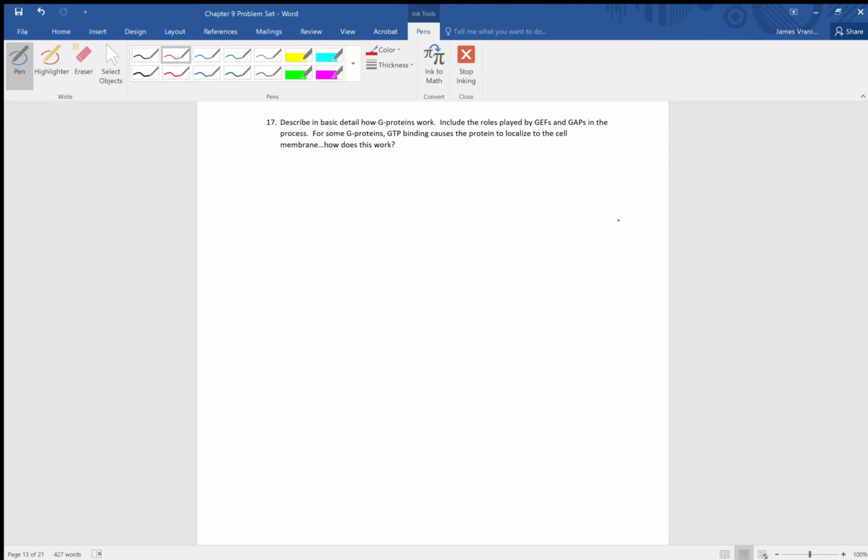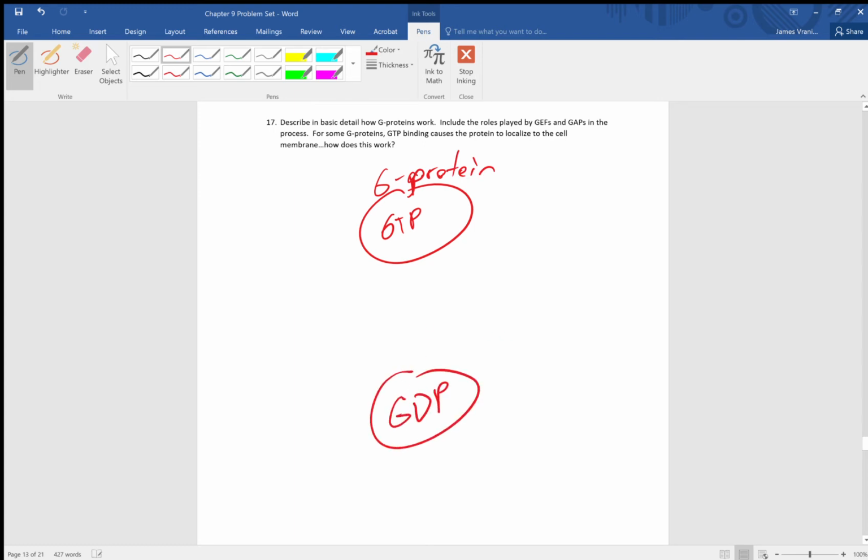G proteins basically have two states. They have a state where there's GTP bound. So this is our G protein here with GTP bound, and there's a state with GDP bound. The way that these work is the GDP bound state I like to think of as off. The GTP bound state I like to think of as on. Whatever the function of this G protein is, it's generally turned on by GTP binding, turned off when GDP is